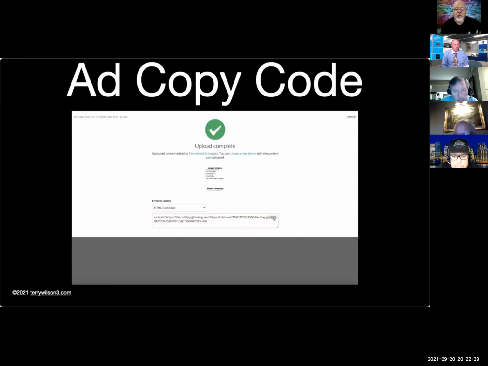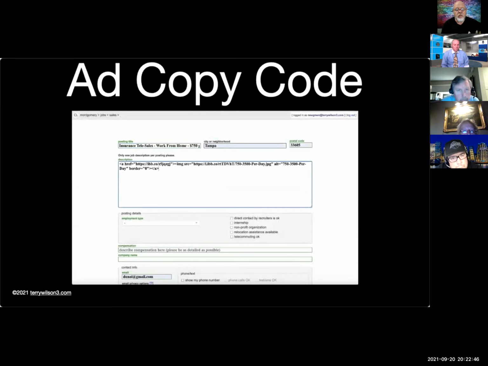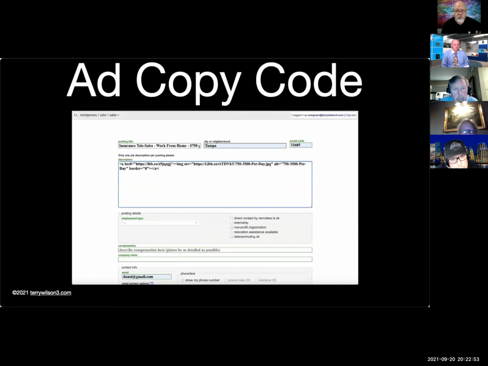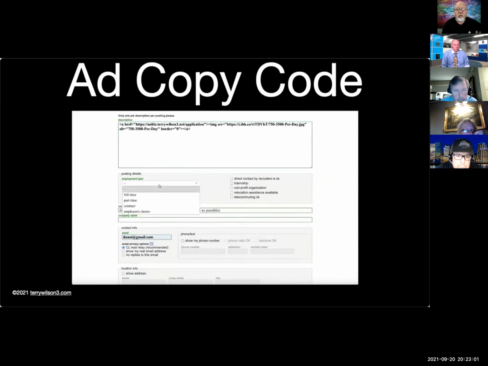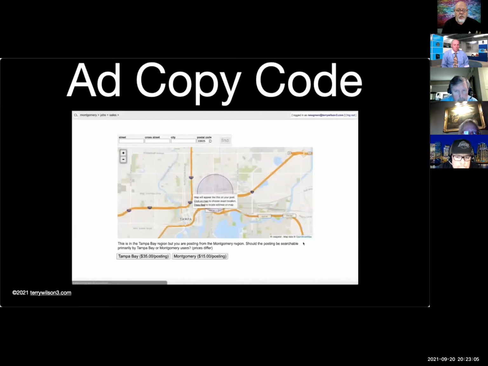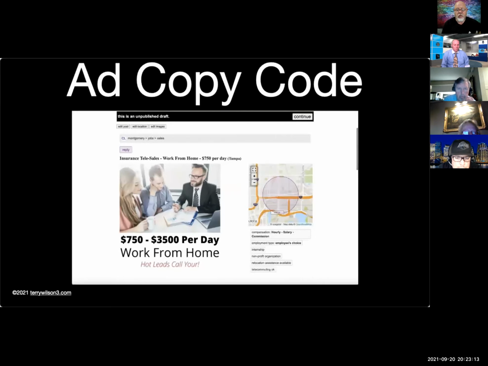And then once your HTML is created, you basically go over and let's say I wanted to create this Craigslist ad real quick for recruiting insurance agents. I would just put top sales. And you see right there, I'm going to go to my website page that says apply now, my apply page, and I'm going to take that code out on the front end between the quotation marks, and I'm going to put in my website address for my application page. And when I do that, and I hit continue, and I hit which place do I want to put this in, if I hit done with image,